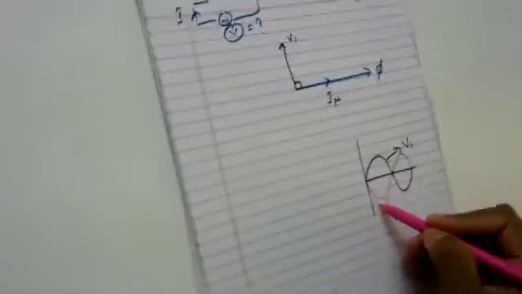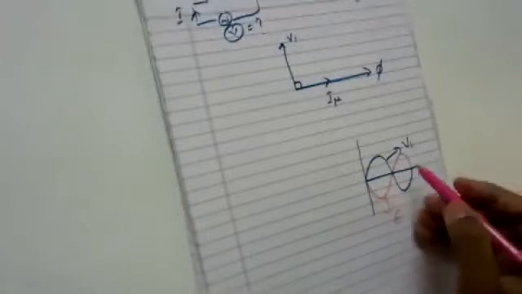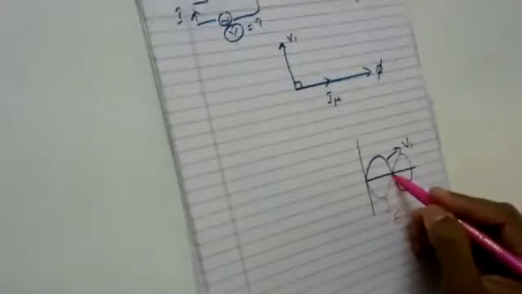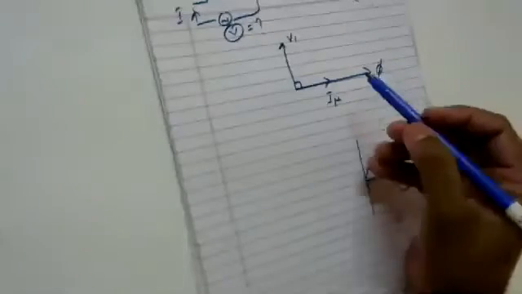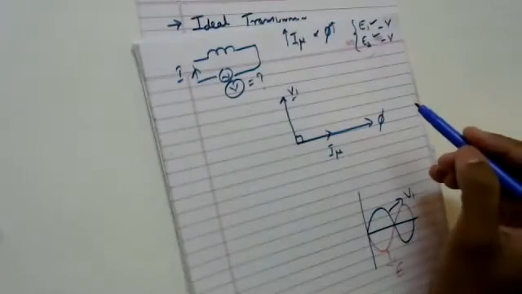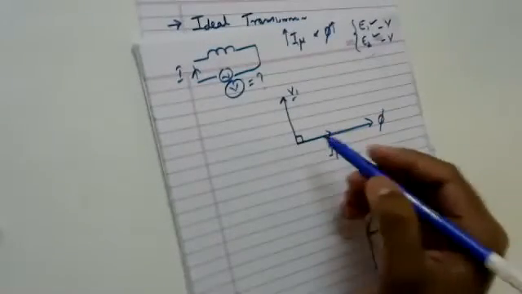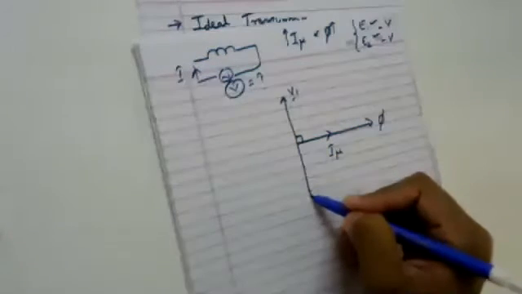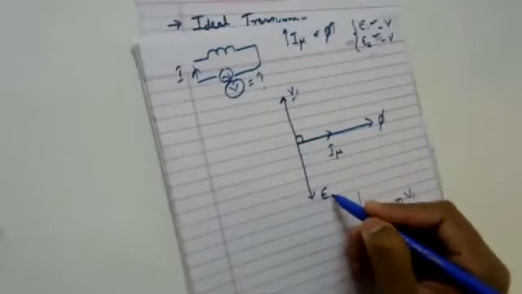My induced EMF will be in phase opposition. So if my supply voltage is having a positive swing, at the same time the induced EMF will be having a negative swing. When the supply voltage is having a negative swing, my induced EMF will be having a positive swing. Now I need to represent vector E1 and vector E2 in phase opposition to V1. So in that case, how do I have to draw it? Somewhat like this. So let me say this is my E1.